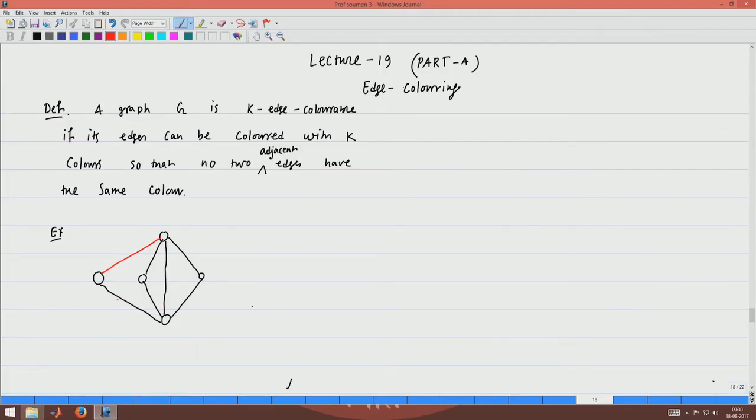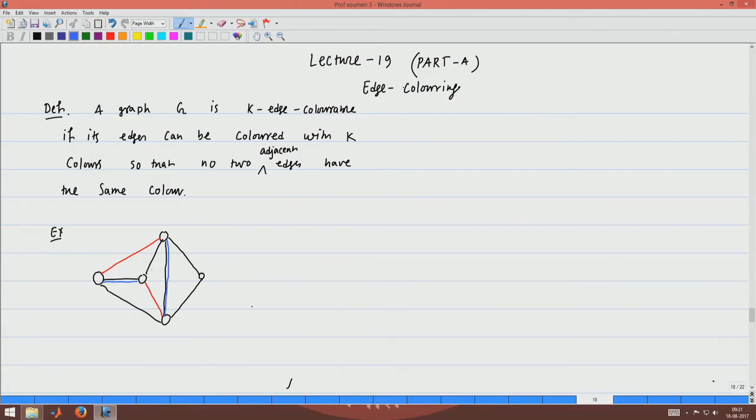I colored this edge red, then I can't color this edge red, but I can color this edge red. And of course, there was an edge here. Now, I color this edge blue and this edge also blue.